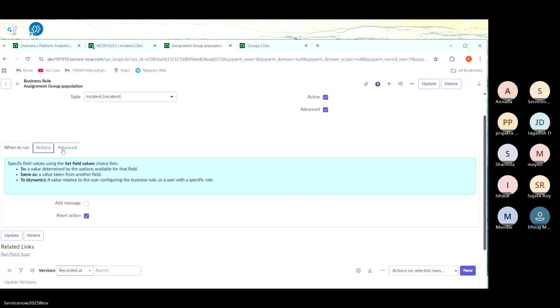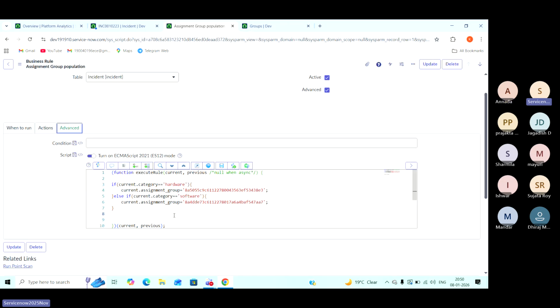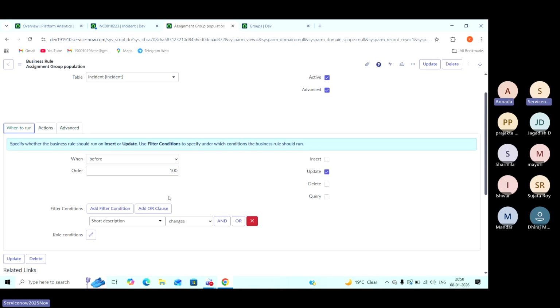Okay. And when coming to some other things here, you understood this current dot and previous dot, right? Yes. Now,